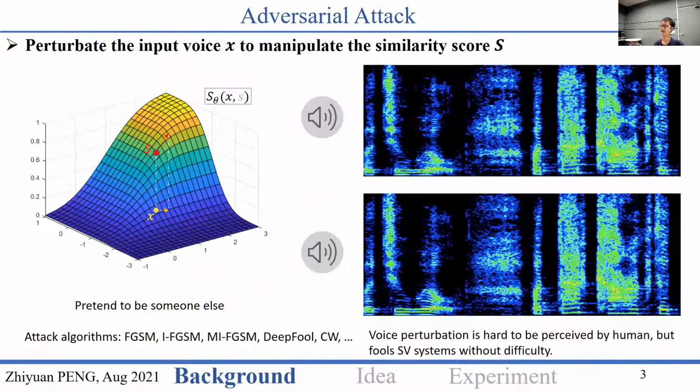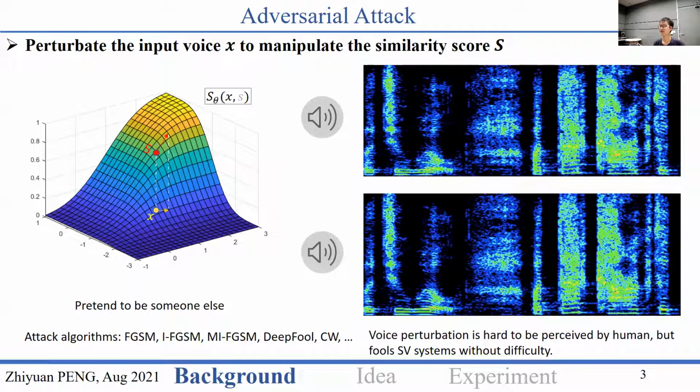For adversarial attack, it modifies the input voice X with a very subtle adaptation such that it can be hardly perceived by humans, either by eyes or ears. But the similarity score of the SV system changes a lot. This reflects the vulnerability of most existing SV systems,